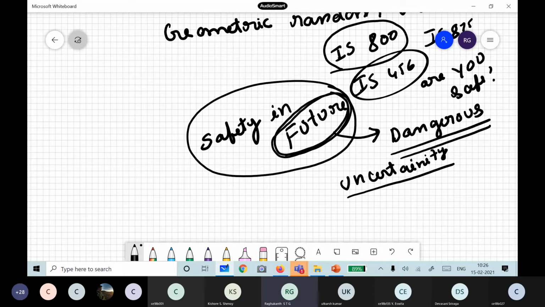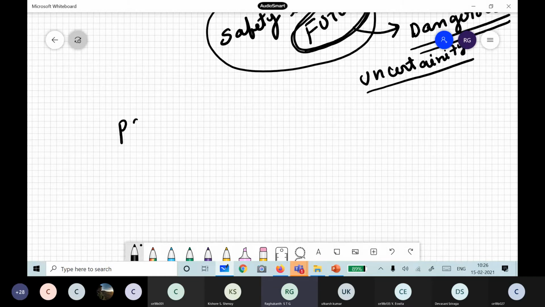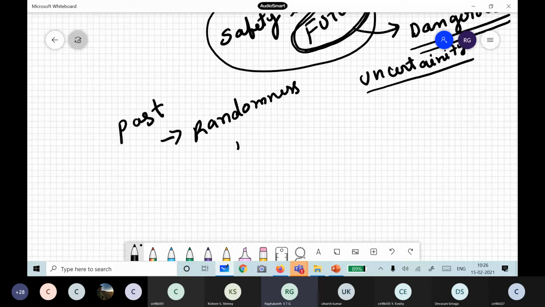Like, for example, this COVID situation. Before COVID, nobody predicted it. No astrologer told, nobody predicted this COVID situation. But once COVID has gone, everybody says, I know this one, Jupiter was here, Saturn was here. We already know the answer. So our human tendency is that the past always appears deterministic, but it is also randomness in disguise, we say. These are very famous words. So the past looks deterministic, but the past is also random. Our life itself is random. So, randomness in disguise, they say.